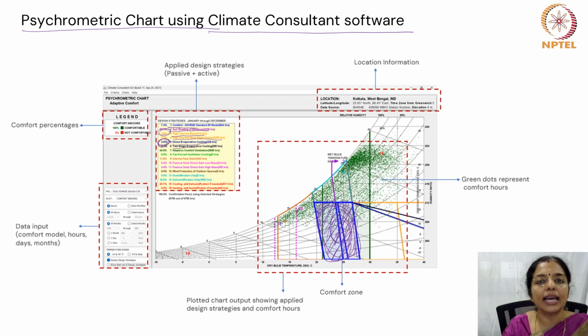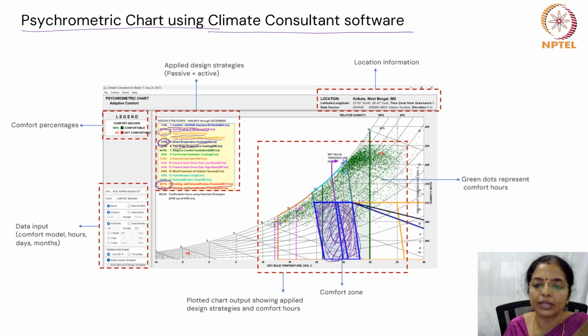Dehumidification helps reduce discomfort from high humidity by 16.8% hours. There are other parameters also, but then I'm not going to go into each of this strategy, what happens when you use each strategy. For example, cooling and dehumidification, if you apply that strategy, then 28.7% of the year can